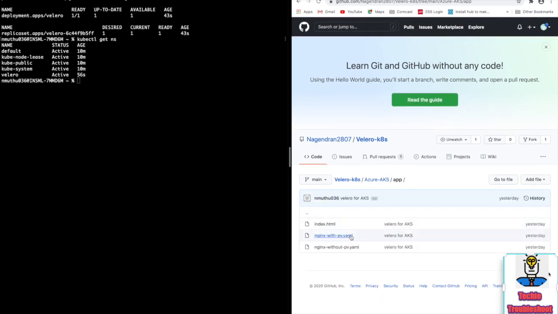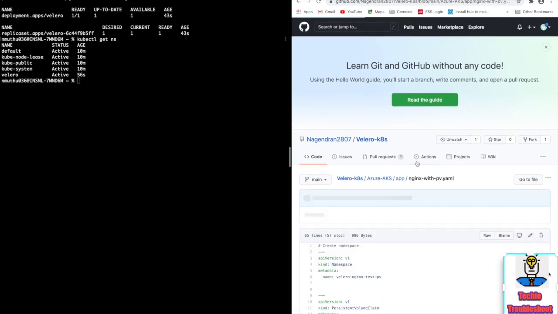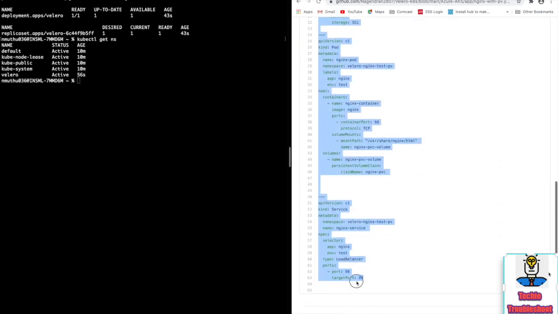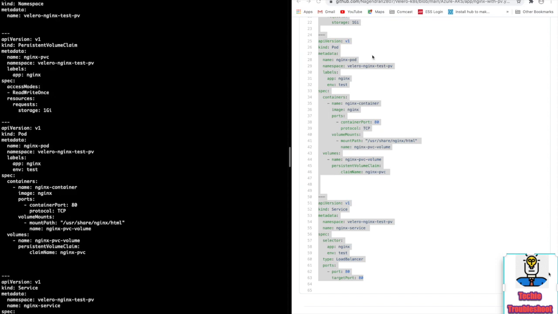Under app, we have the file Nginx with pv. So I copied all the things.